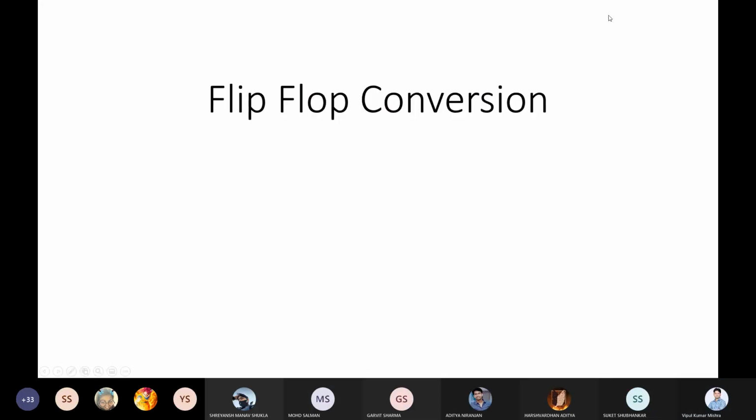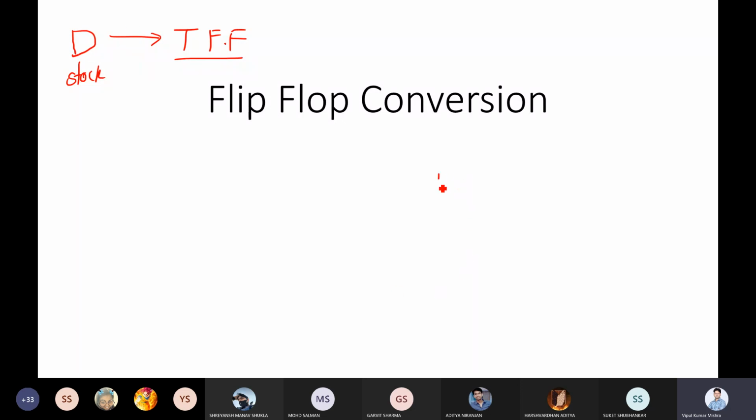Okay. So now, first we need to understand why we require this flip-flop conversion. As we discussed, maybe we have only a D flip-flop available with us, and I want the functionality of a T flip-flop, right? So this is in the stock. We have this in the stock, and this functionality we want. So what we need to do is convert this D flip-flop into a T flip-flop.